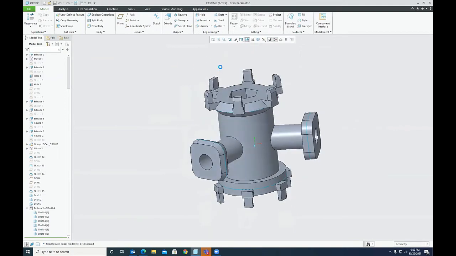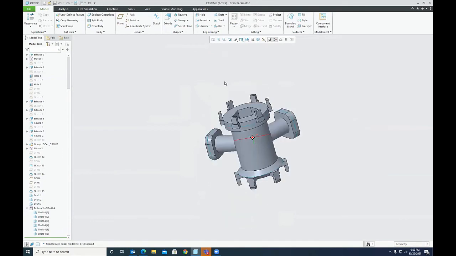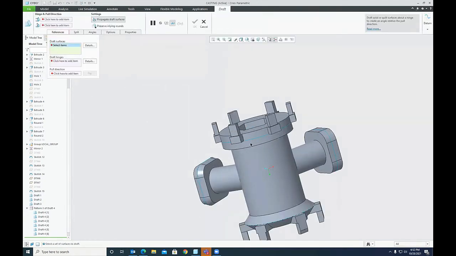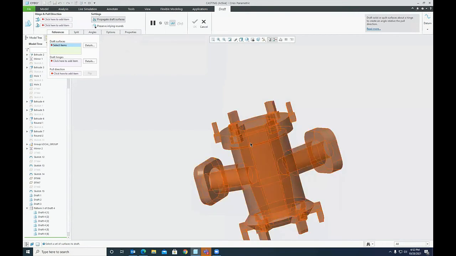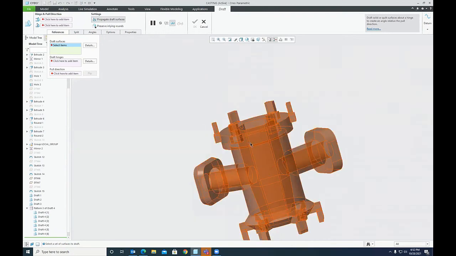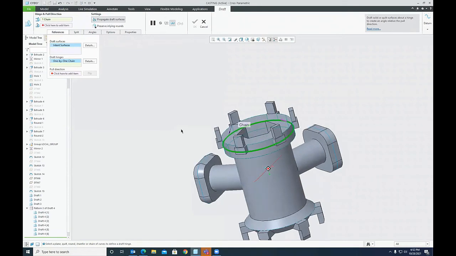So let us see these things. Let us apply them on these sides. So I say draft and draft surfaces, I pick the intent surface. You will see in the course of iGetIt what is the meaning and how to pick the intent surface. Then draft hinge, this thing, and then pull direction is this.